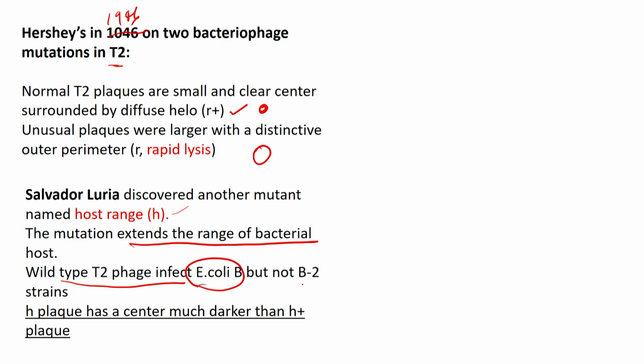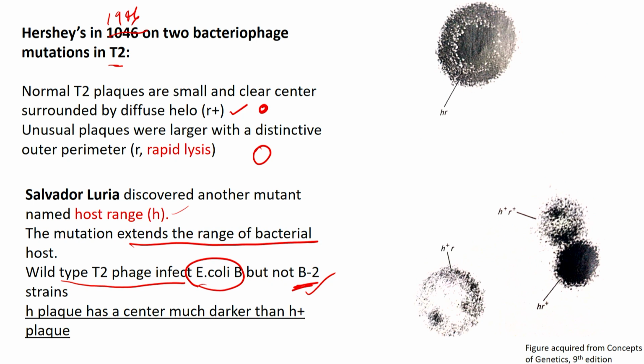E. coli B, but not B2, but the H mutant actually can infect host B2. And the plaques have a center which is much darker compared to H plus plaques. So, this is just a photograph I have taken from the textbook Concepts of Genetics, and you can see that